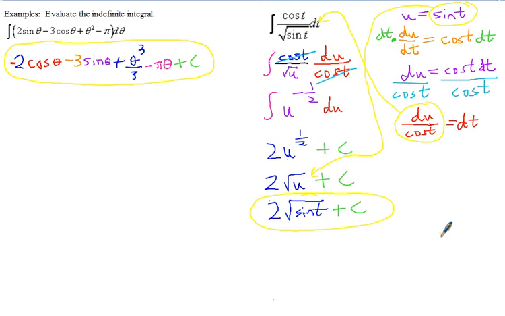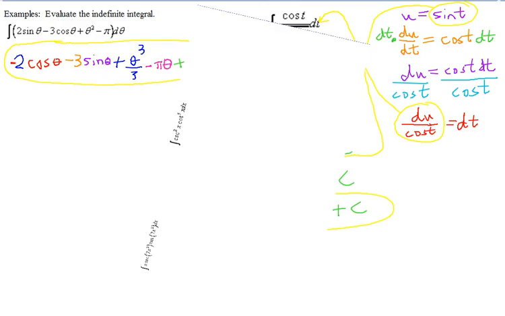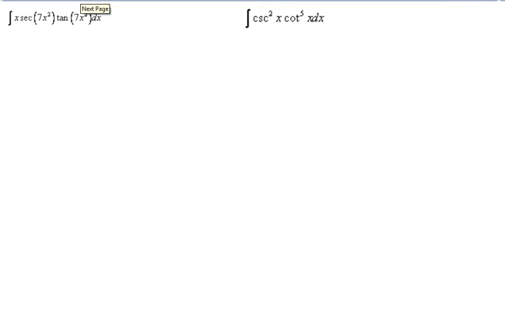Okay, let's take a look at a couple more of these. On this one, notice we've got x secant of 7x squared tangent of 7x squared dx. So again, way too complicated to integrate in this form. So this time, notice there's one function inside. In this case, it's 7x squared. It's inside both secant and tangent. So if we say u equal to 7x squared,